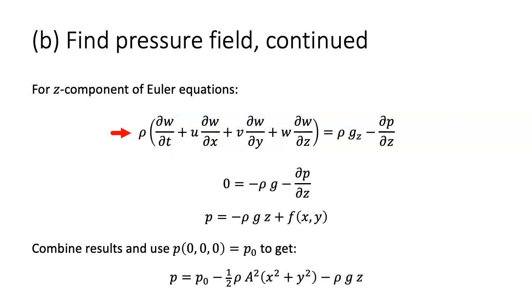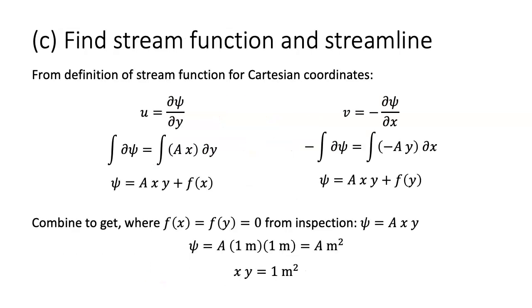Finally, we write the z component of the Euler equations. Again, many of the terms are zero, and the result of the integration is shown to be just a hydrostatic variation with a possible function of x and/or y included. Combining our results for all three components and using the pressure specified at the origin, we get our final pressure distribution. For part C, to find the streamline through x and y equal to 1 meter, we must first solve